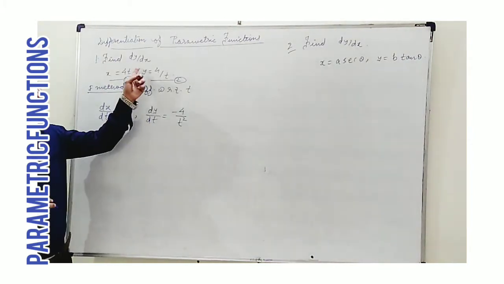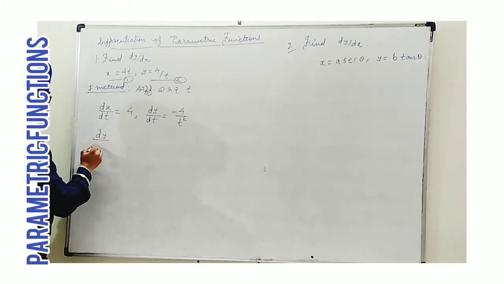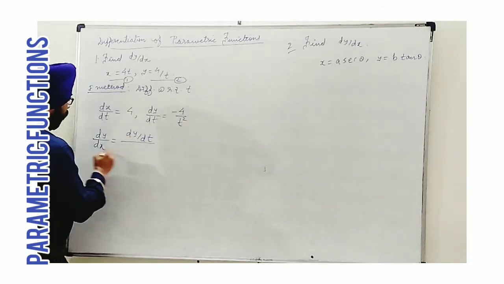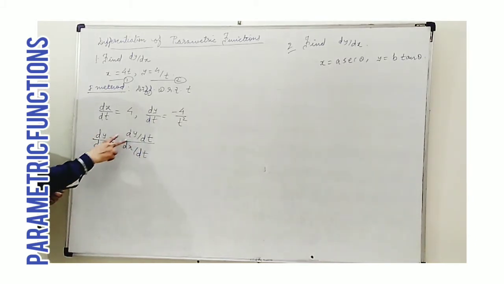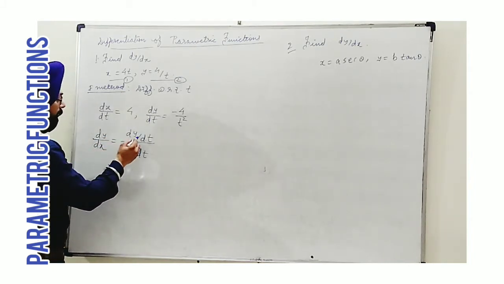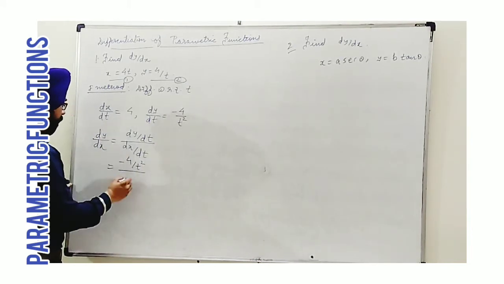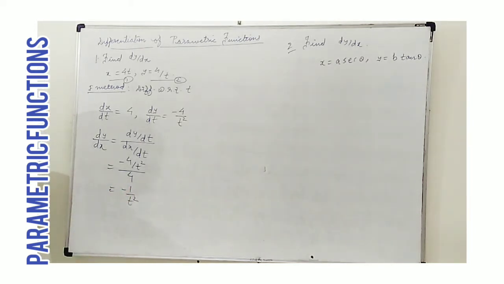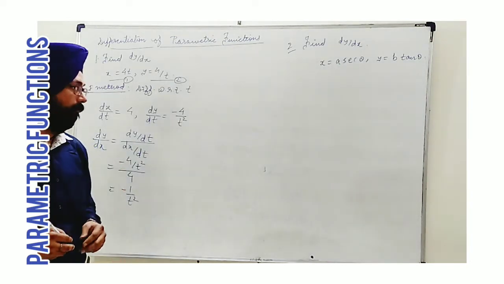Now, our purpose is to find dy by dx. What do we have to do? dy by dx can be written as dy divided by dt and dx also by dt, meaning simply I have divided numerator and denominator by dt, so it converts into the parametric numerator and denominator differentiation. So dy by dt is already obtained, it is minus 4 upon t square, and dx upon dt is 4. Simplifying, we get minus 1 upon t square. This is using the given functions directly as parametric only. Okay, what is the second method? Let's think of it.